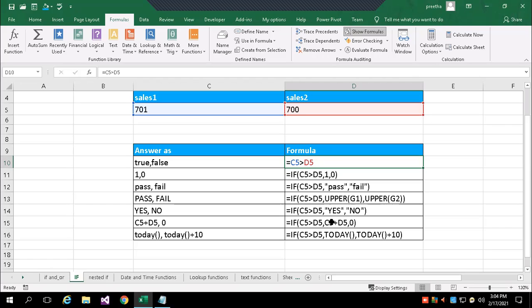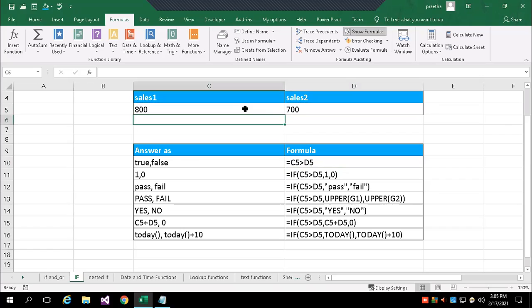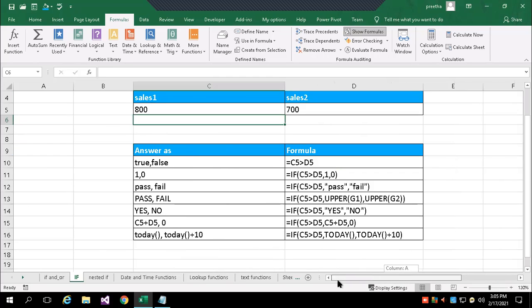Okay, so this is a basic example, and I compared these two values, what is in C5 and D5, like 700. So if it is 800 and 700, then condition will be true. Condition true means the first part gets executed, after the condition, comma, the first result.